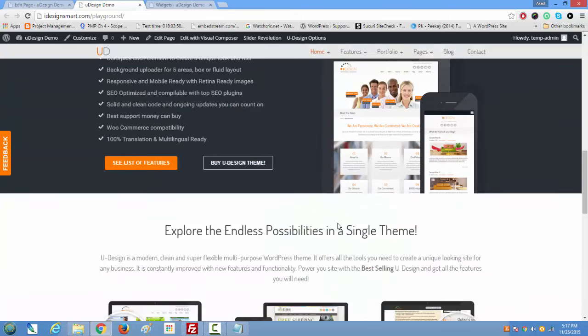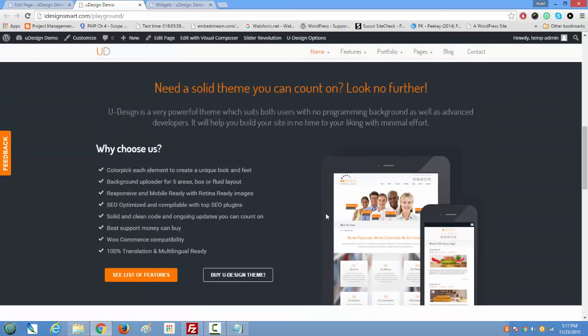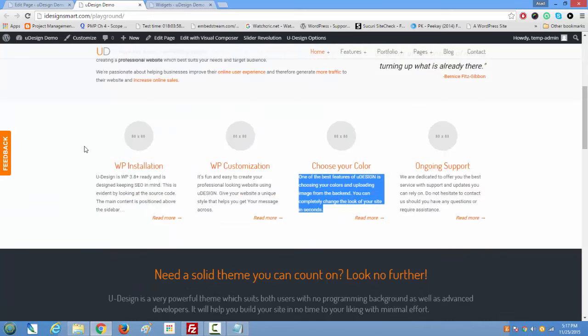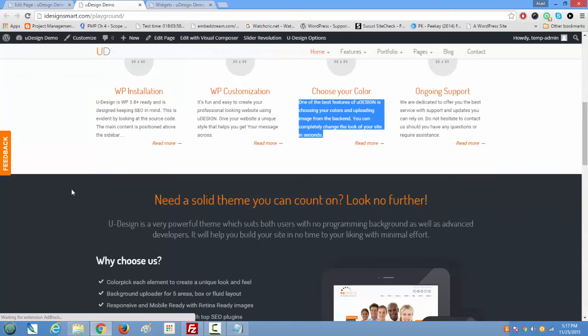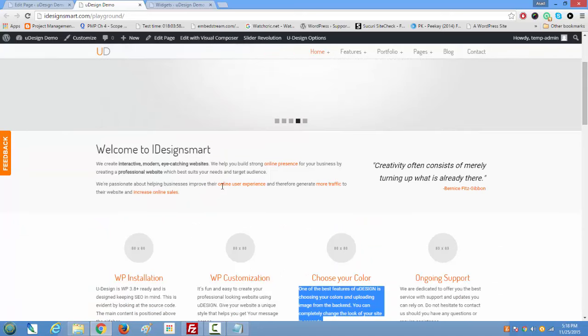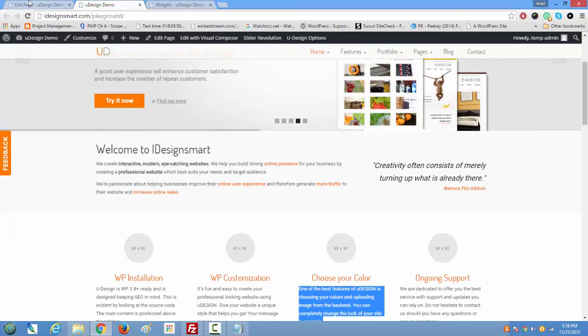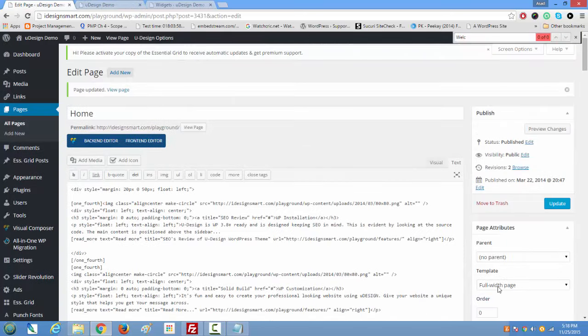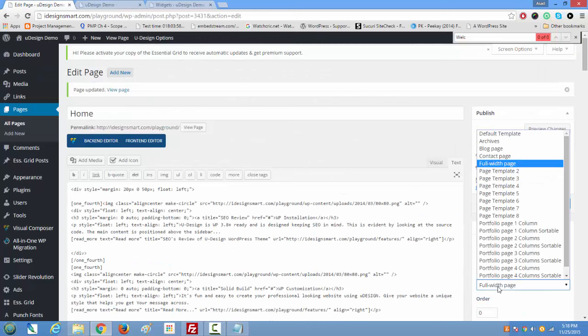And the next section is a very interesting, nice looking content block. You see the difference here and here: these are 4 columns, and this is a full width background image. So one thing that the theme does offer, I believe it's called a fluid layout, and the fluid layout is a 100% width layout. So if you go in your backend and you have page templates, I think that